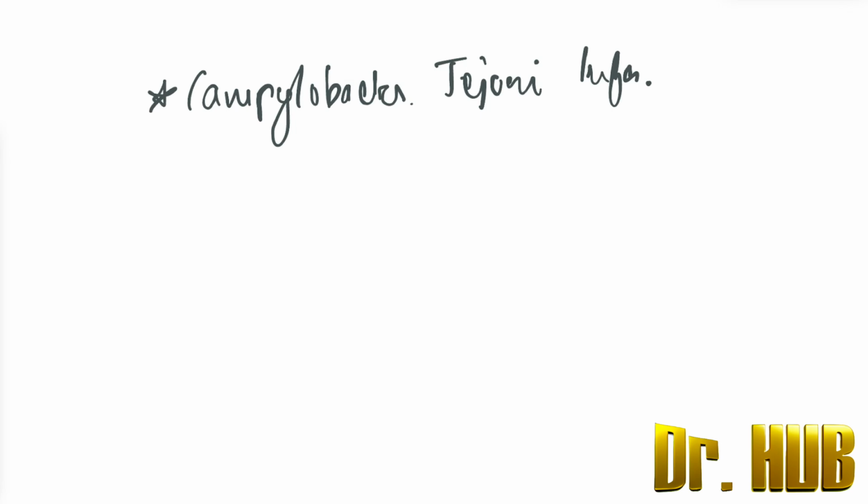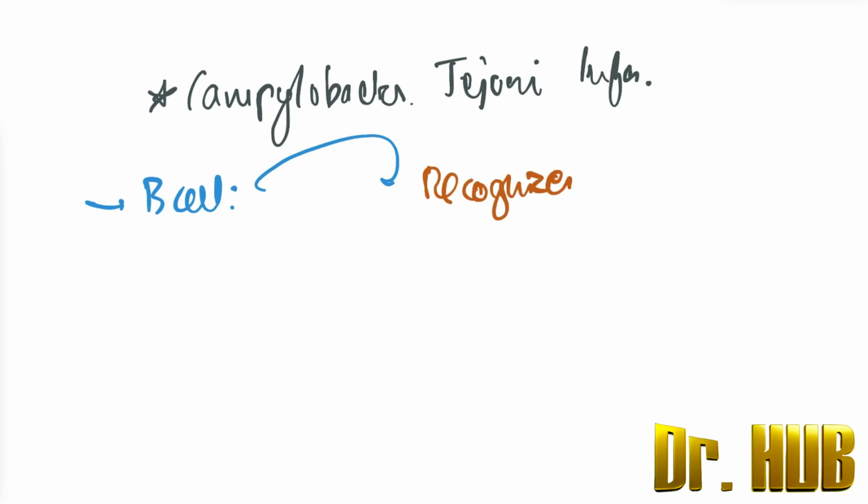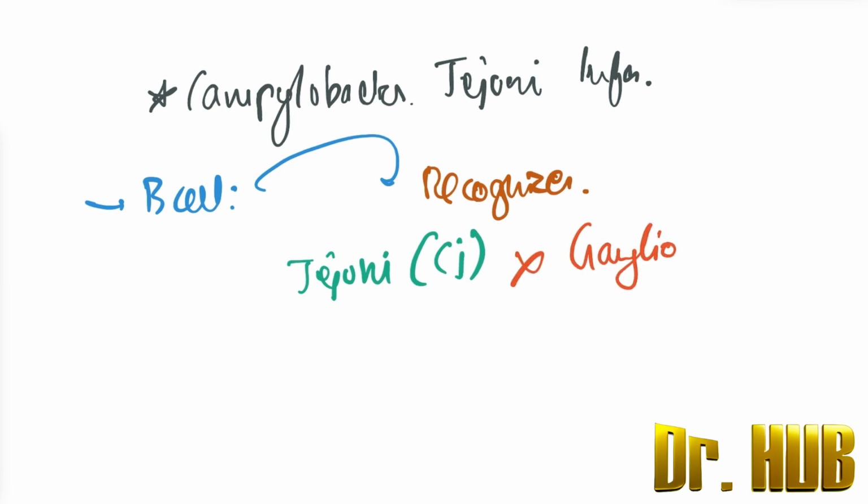So there is something known as a B cell. This B cell recognizes the glycoconjugates of the jejuni. So it recognizes the jejuni, which we're writing as CJ, and this cross reacts with the ganglioside. It cross reacts with the ganglioside present in the Schwann cell